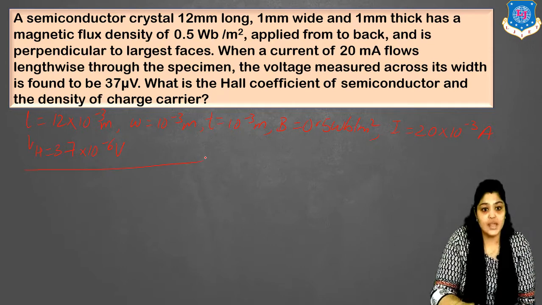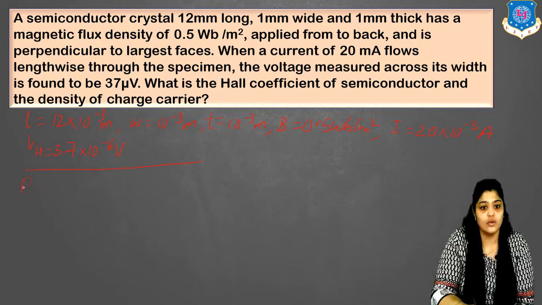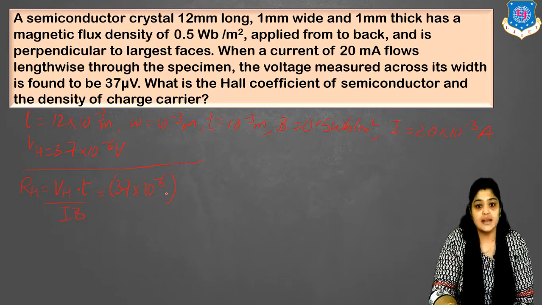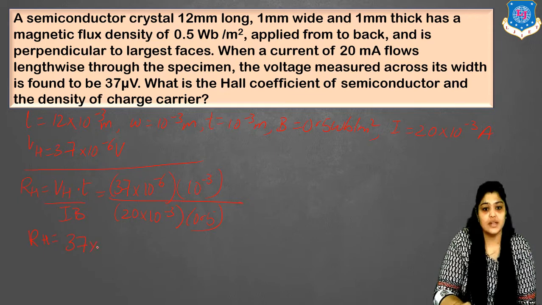Now you know the equation between Hall coefficient and Hall voltage: RH is equal to VH t upon I into B. So VH is 37 into 10 raised to minus 6, thickness is 10 raised to minus 3, current is 20 into 10 raised to minus 3 and B is 0.5. So this gives us the answer as RH equal to 37 into 10 raised to minus 6,